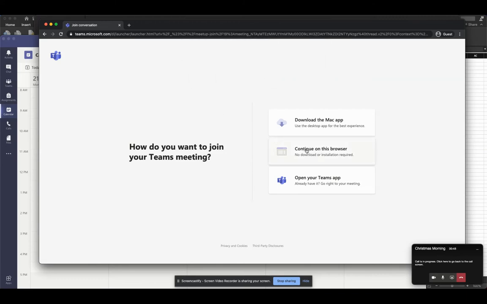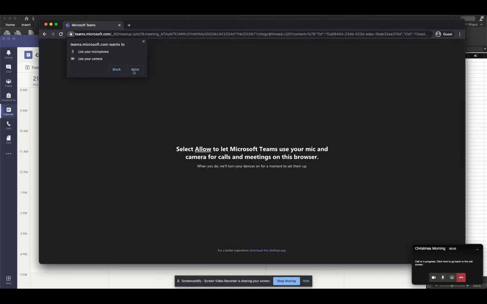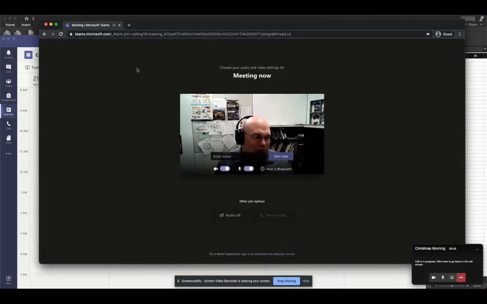I just have to go continue in this browser. And that's probably the most likely thing the kids will do. They have to push allow like they do with anything on Google. They do have to punch in their name. And once they hit join,